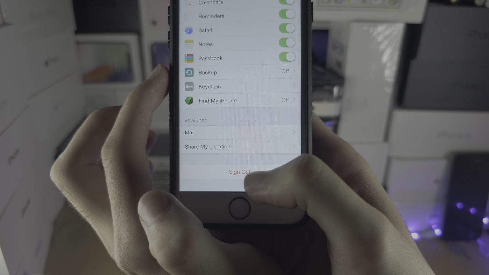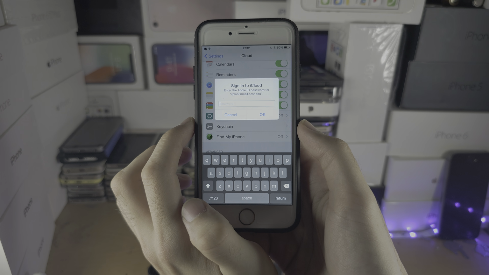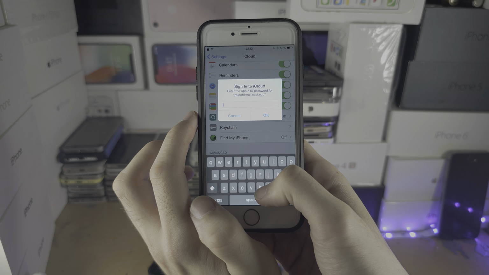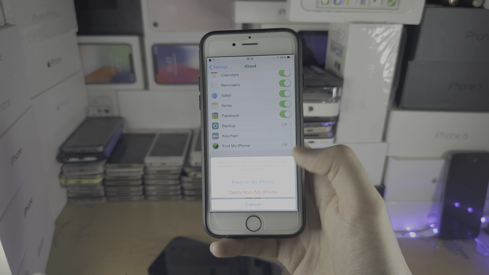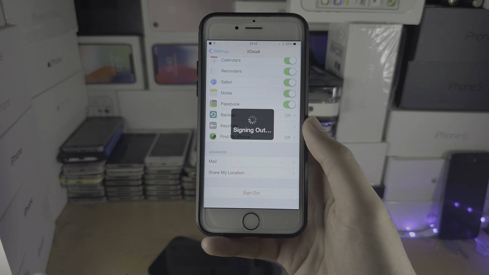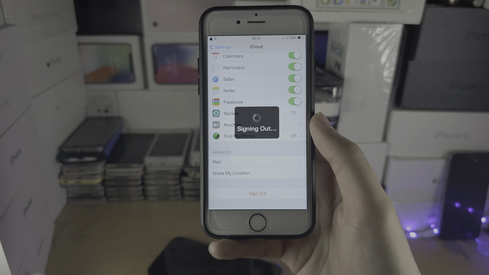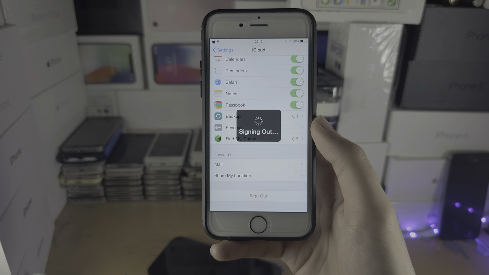And so if we see the sign out option here, we're going to tap on the sign out. We're going to sign out again. And let's delete all of my data from the iPhone. I'll delete this. And now it's going to sign out. And this is useful if you want to sell your iPhone or you want to create a brand new Apple